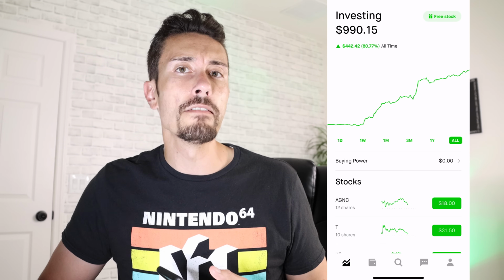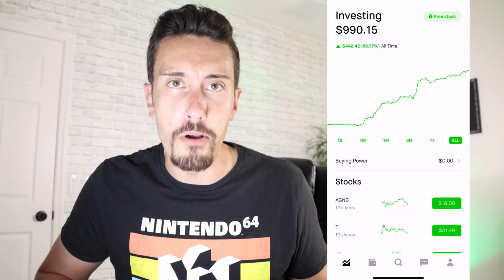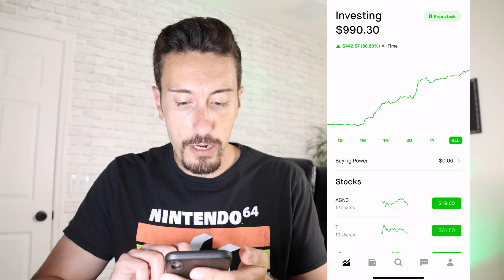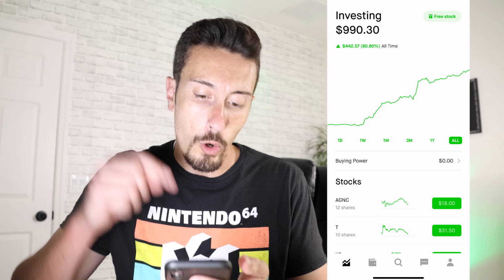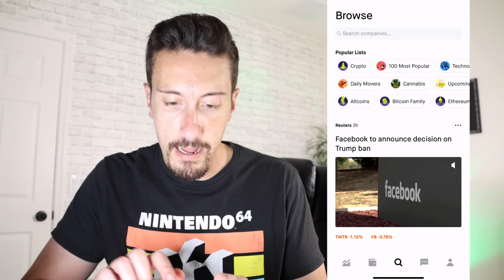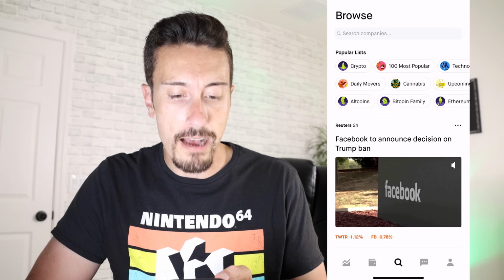So let's say I want to invest in Apple. As I look here on my iPhone, for example, I want to invest in Apple, the guys that make the iPhone. I'm going to click on the magnifying glass located at the bottom of the Robinhood app. So you see that? You click on that, and then right here at the very top it says Browse Search